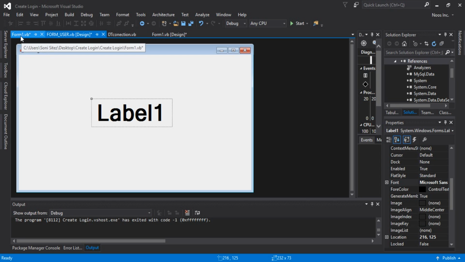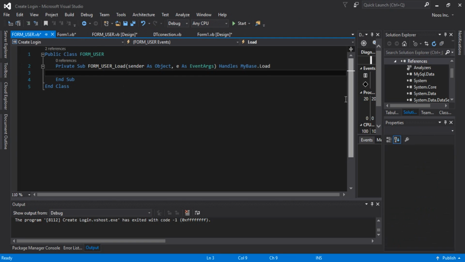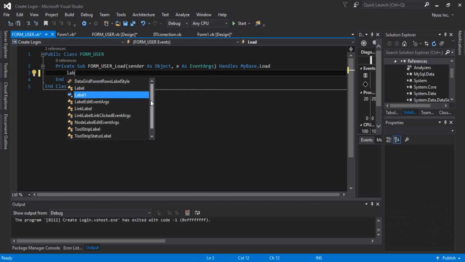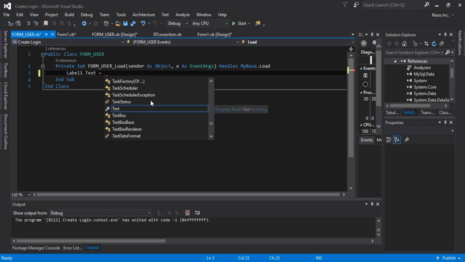And then the Label1 text will be equal to